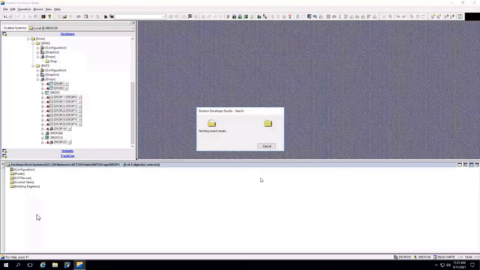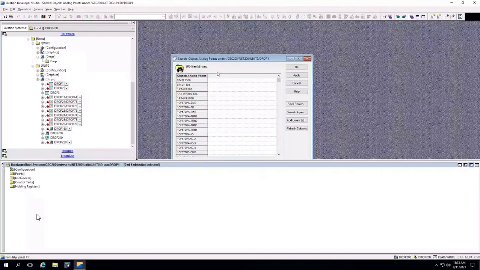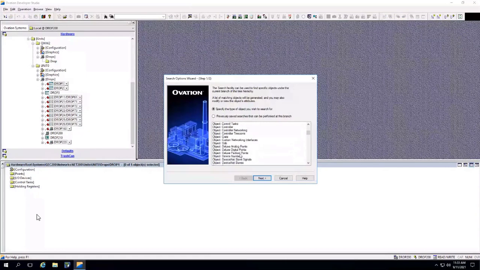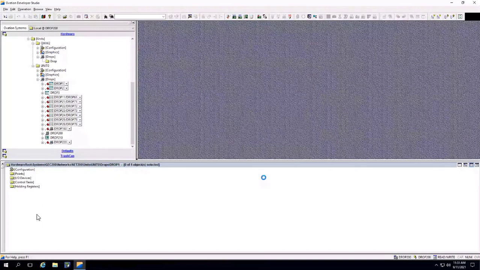This gives you all the analog points of drop 1, right? The same way, if you want to search for the digital point, digital point from list, next, find all and finish. This way you get all the digital points of drop 1, which is 4027.